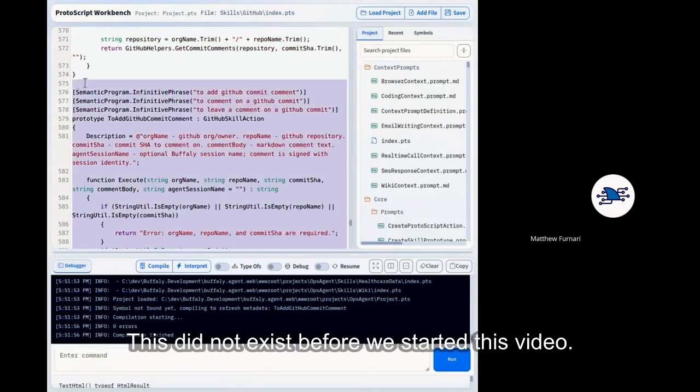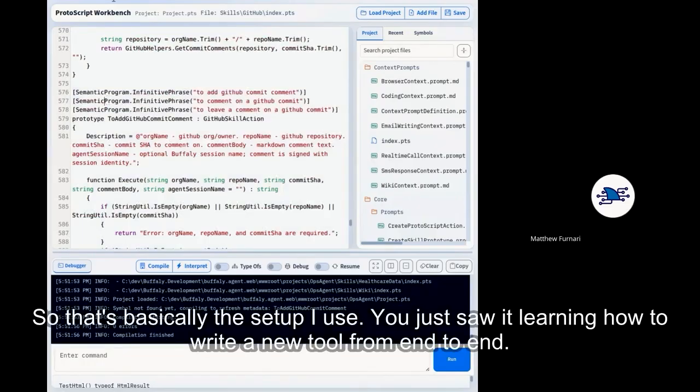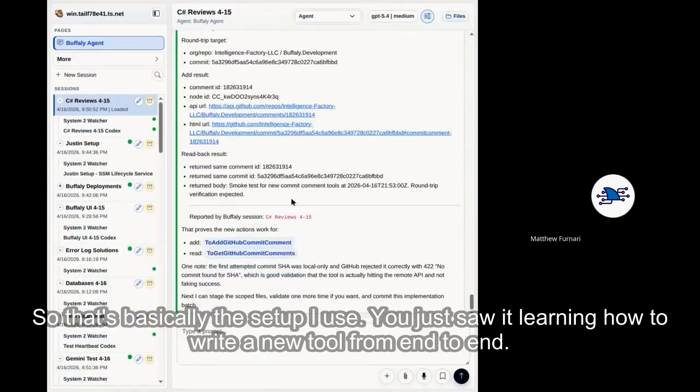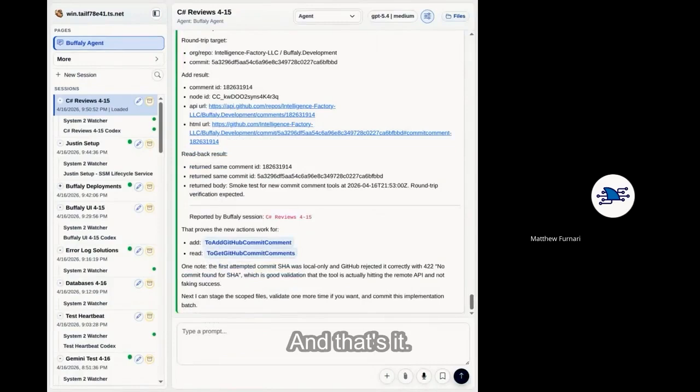And here is the code that it wrote. This did not exist before we started this video. So that's basically the setup I use. You just saw